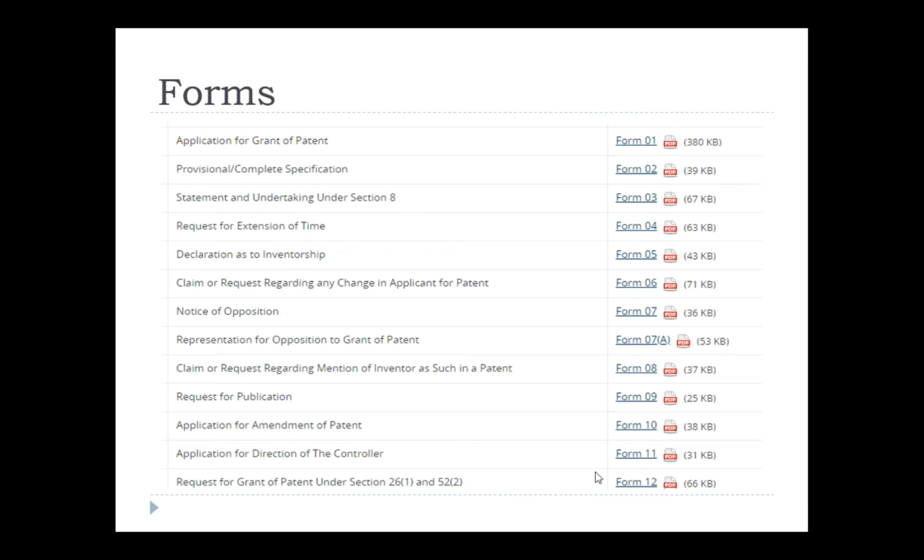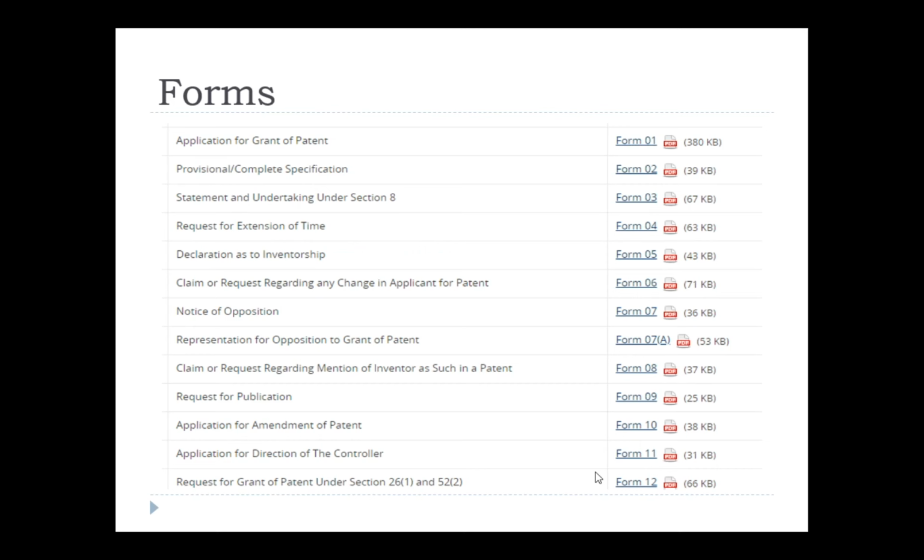Now we slowly move towards the different forms that are available, only specific to patents. How do we get these forms? They are available on the Indian Patent Office website itself. You don't need to search anything outside the Indian Patent Office website.